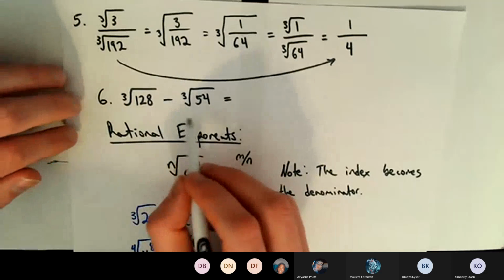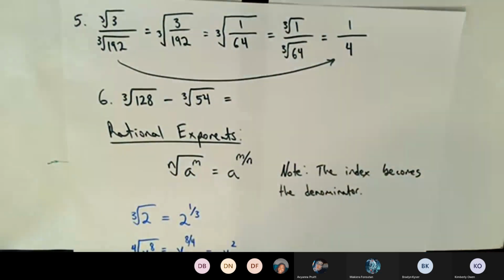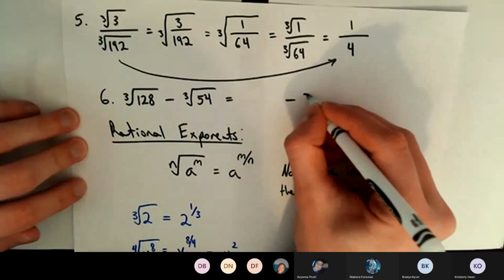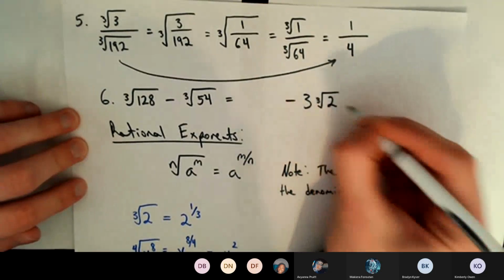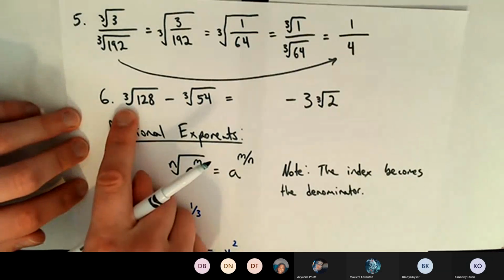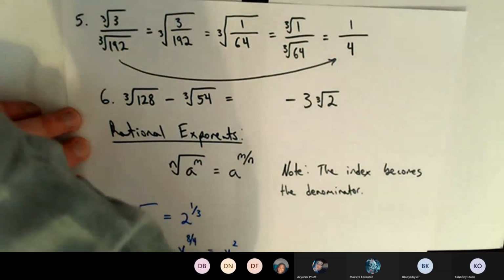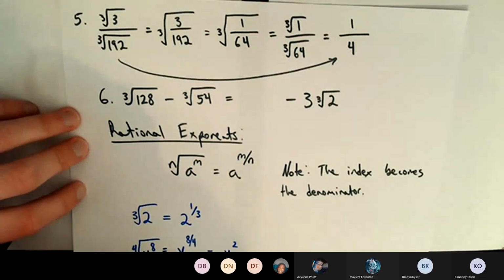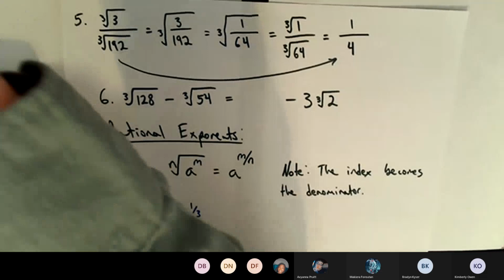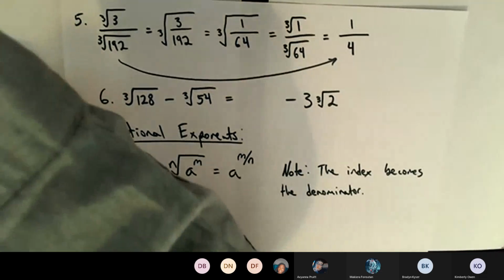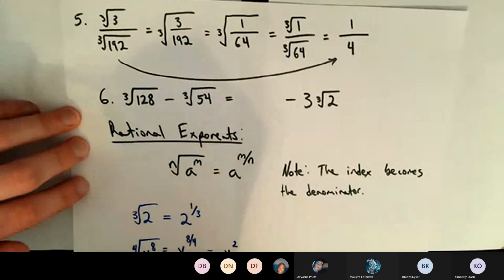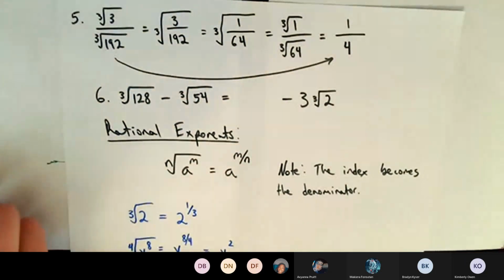So we've already dealt with the cube root of 54. We found that was 3. So I'll leave a space and then minus and then 3 on the cube root of 2. We simplified that into that. That was problem 4 when we did that. What about the cube root of 128? So what I'll do is I'll type 128 into my calculator and I'll try and think of a perfect cube that goes into 128. So I might try 27 and it doesn't work. I might try 64 and it does work. So it turns out cube root of 128 is the same as